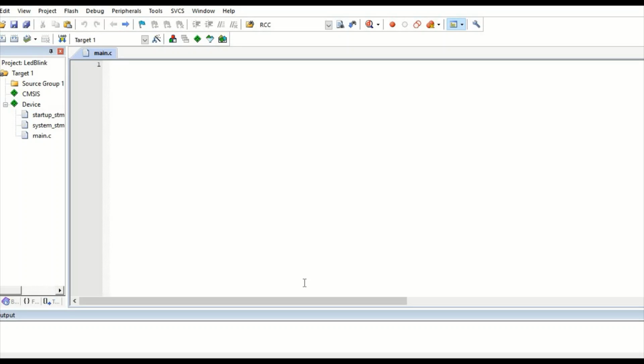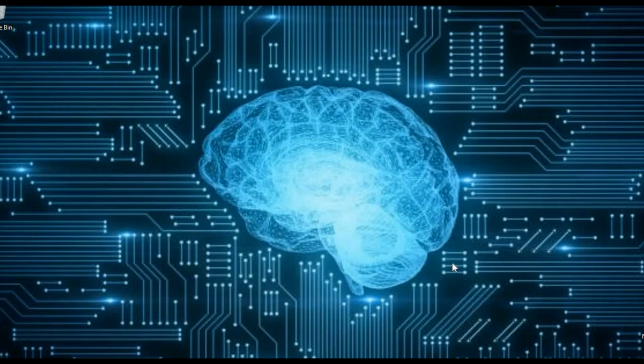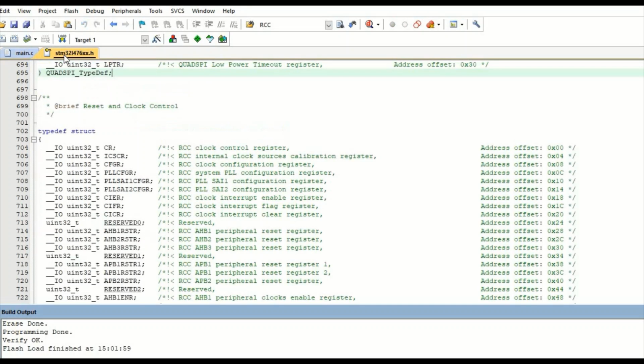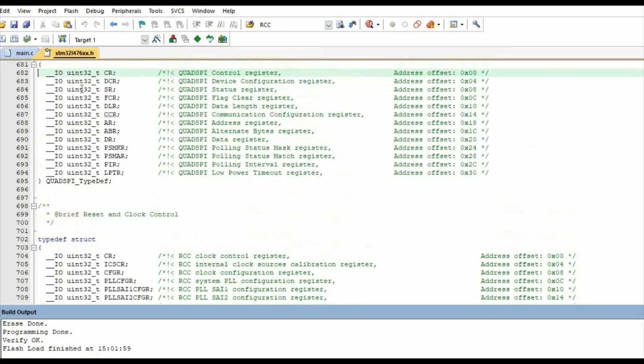So in the rest of the tutorial I will tell you how to write code for LED blink using an STM32 Nucleo board. The Nucleo board I am using is STM32L476. Code is here. This is the main.c file, and this is the header file I am using, which is generated by this project.